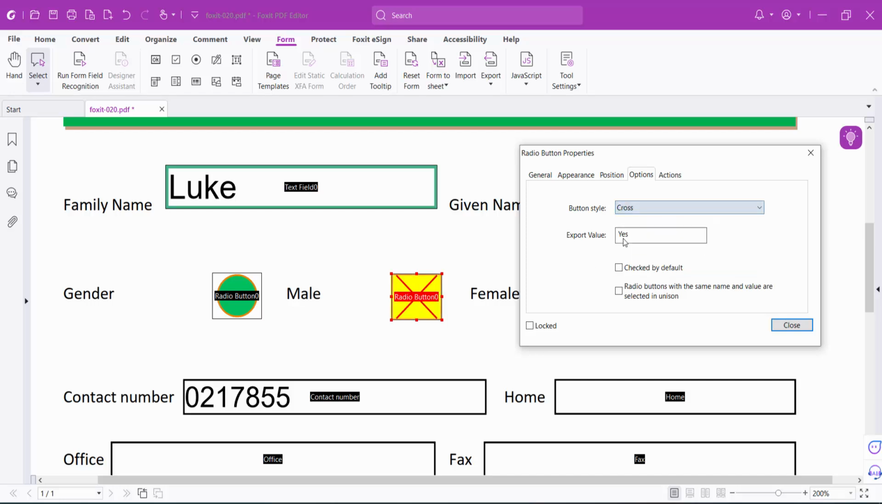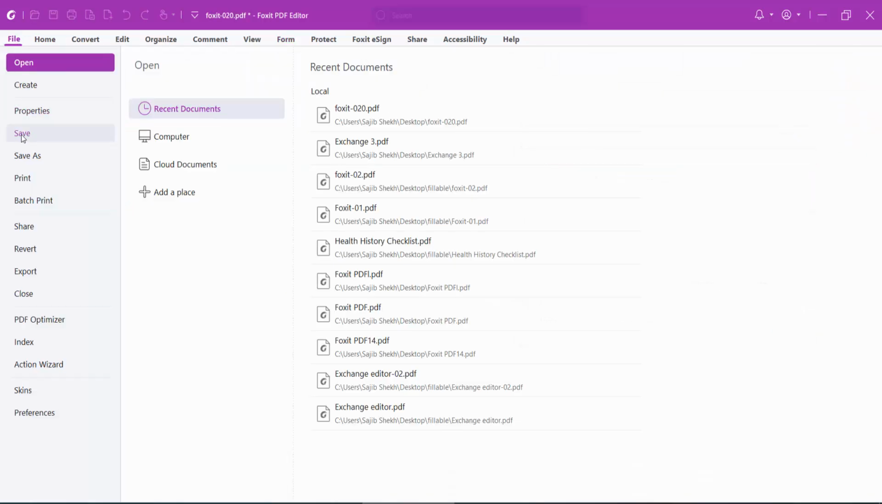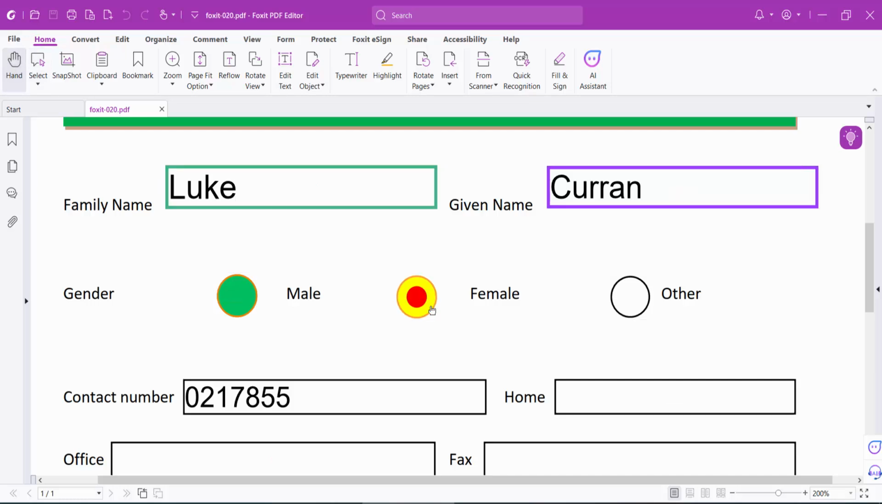You can make it a cross symbol, and see this diamond, you can make it a square and so on. And make it the default circle and select Close. And finally select the File option, then Save or Save As the radio button. And see this, in this way you can edit a radio button on a